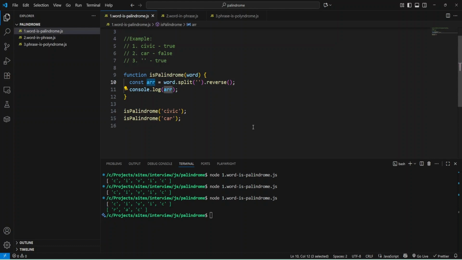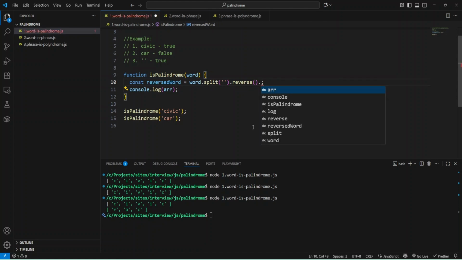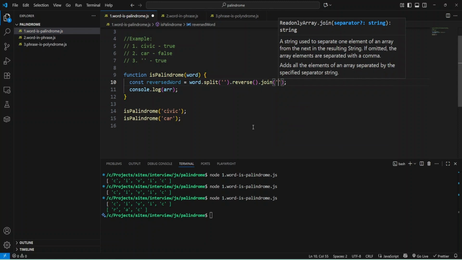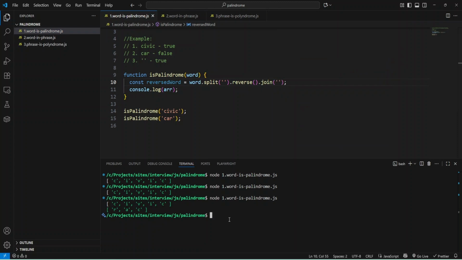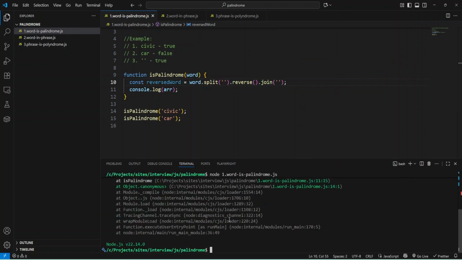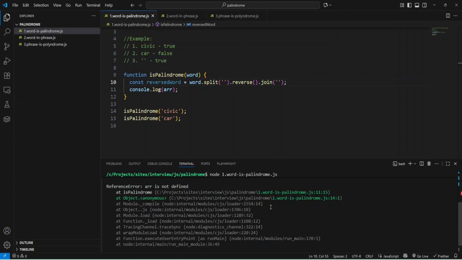And now we can change our name to reversedWord and join it back to a string using the join method of the array. Let's check now. And as you can see, we have an error. Let me check.